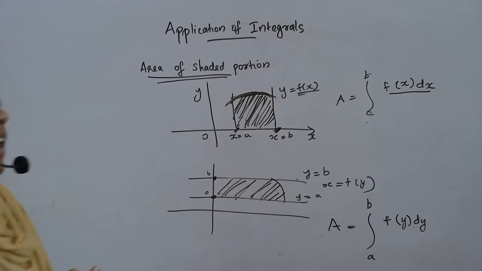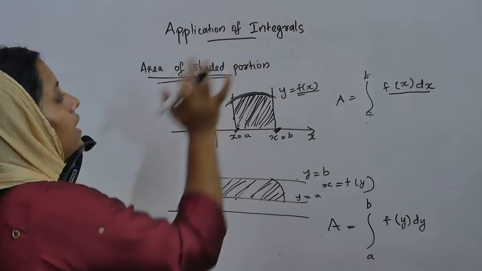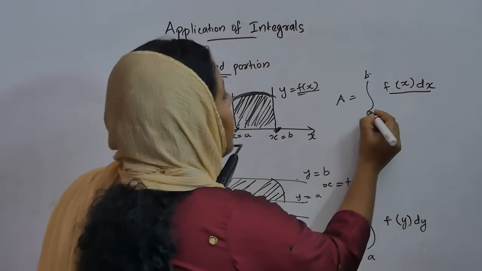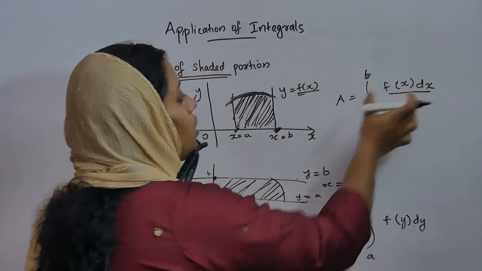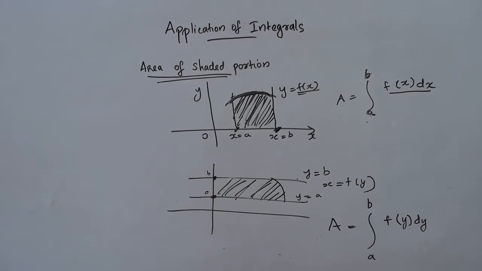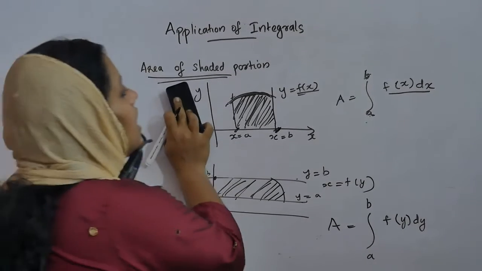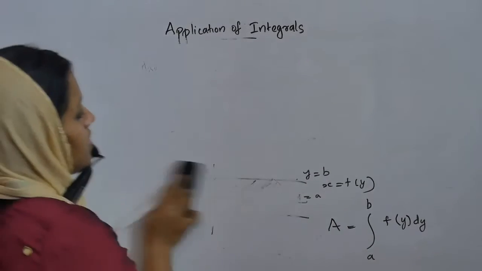We are getting the area under this curve. So what is the application of integration? Application of integrals is to find the area under a curve. So you need to write from where to where the interval is and what is the equation of that curve. Once you do that, you will get the area of that shaded portion. For this you need to know the basic integrals that we have already studied in the integration chapter. Still I am writing those integrals again so that we can revise the integration.